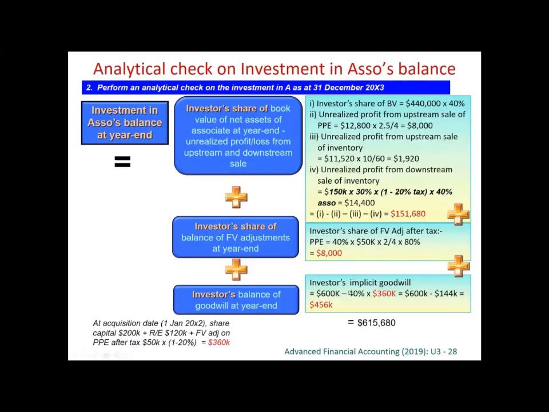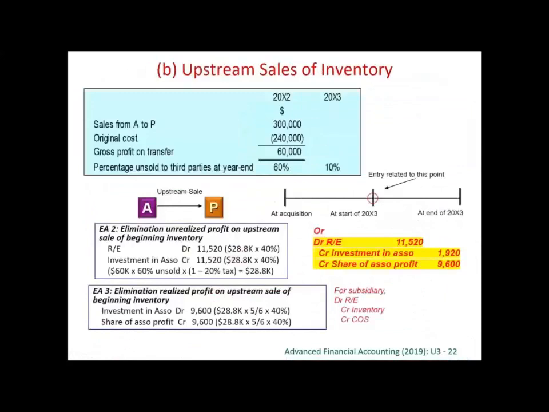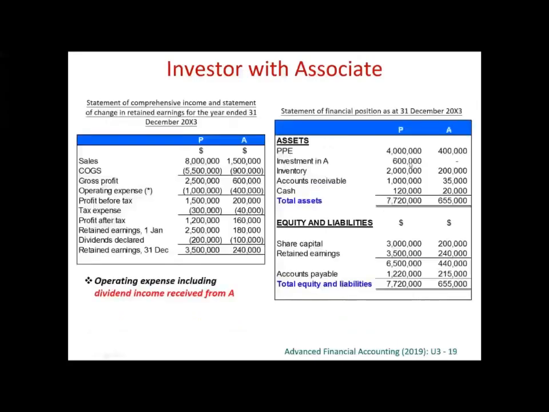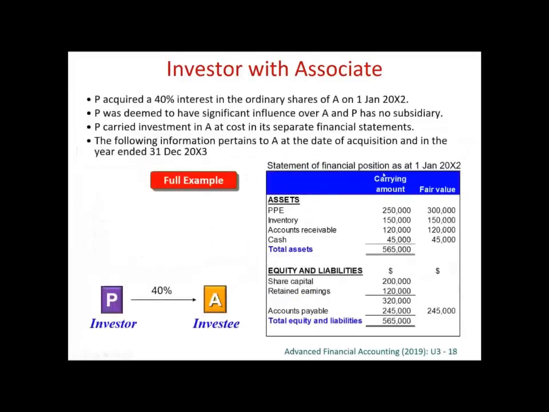The third component is the goodwill component. We haven't calculated the goodwill component yet. So long time ago, we know that at the day of acquisition, we paid 600,000 to acquire this investment in associate. On that day, we paid 600,000 and we got book value of net assets of 320. This is the book value of the net assets at the day of acquisition. But there has been a fair value increment. The fair value increment is 50,000.